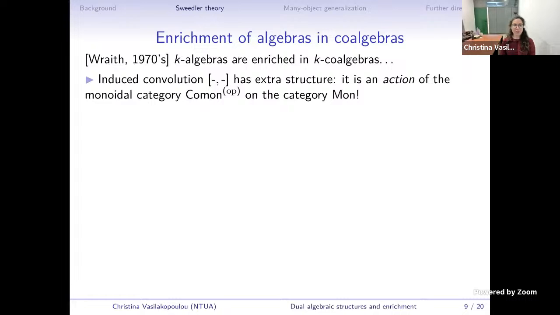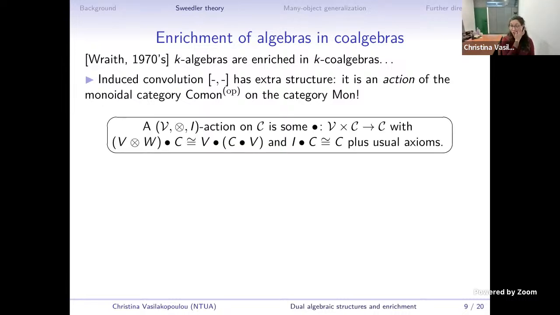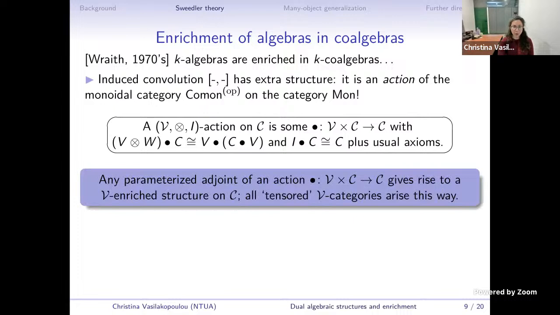doing the following. We can observe that this induced convolution functor has some extra structure. It is in fact an action of the monoidal category of comonoids on the category of monoids. And by action, I simply mean a functor that allows us to act from a monoidal category on an ordinary category, equipped with pseudo-associativity and pseudo-unitality, satisfying some usual axioms. Of course, actions of monoidal categories are well studied, but the point of interest to us is that every parametrized adjoint of an action gives rise to an enrichment of the ordinary category in V. And this goes back to an old result by Gordon and Power, where they actually showed that there is an equivalence between